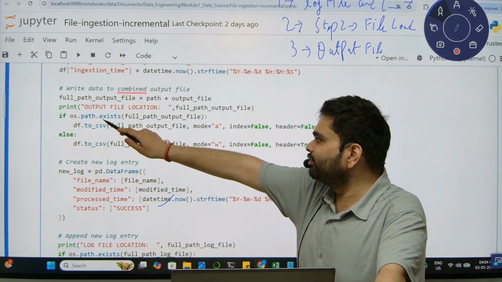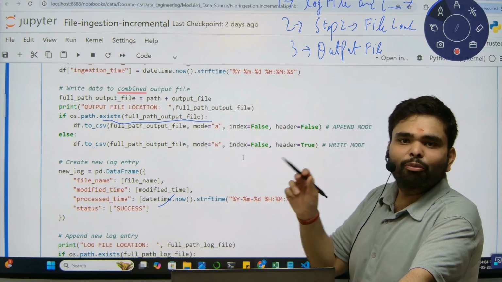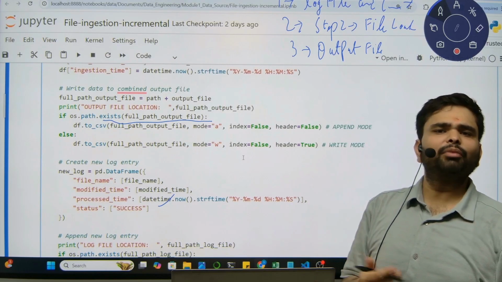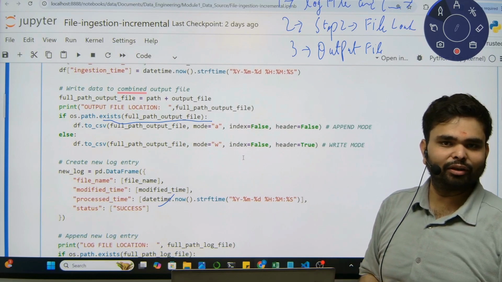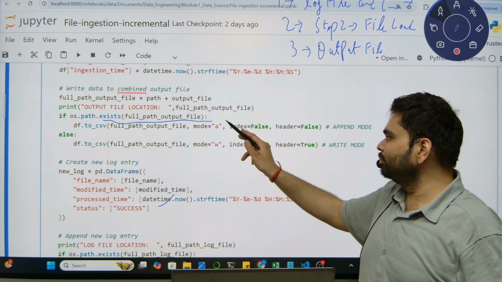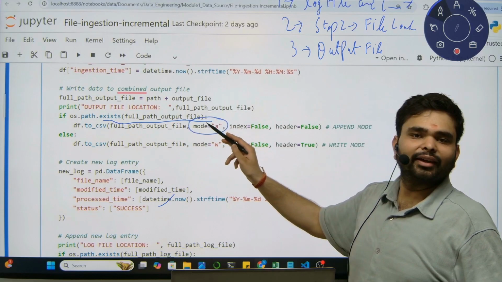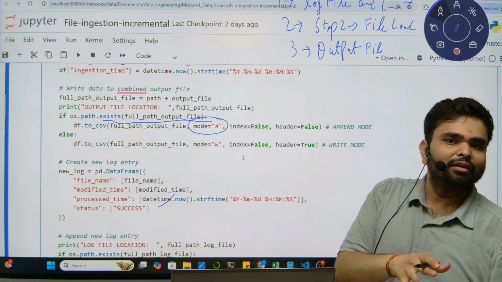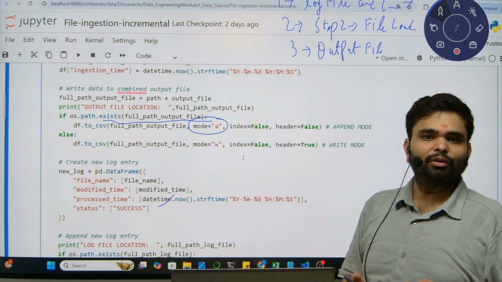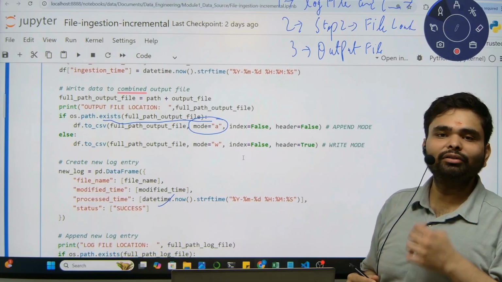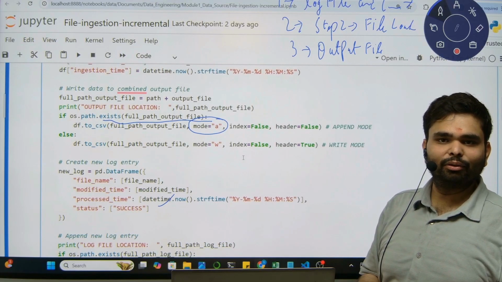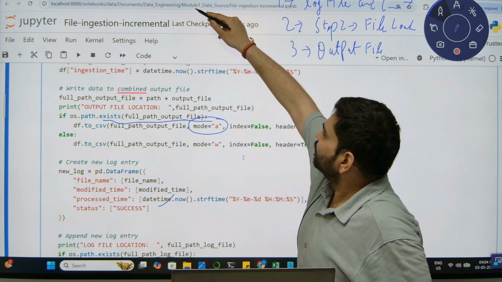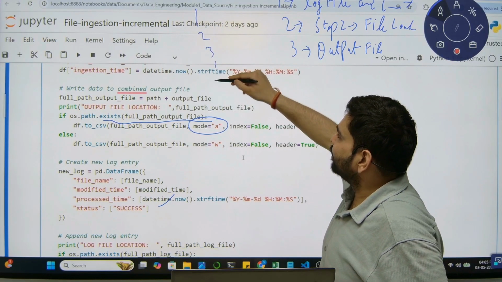Here, if this file exists, if output file is present, it means we have loaded the data a number of times. It is not the first time we are loading this file. So we will use the mode A. A means append. We will not completely write a new file. We will just append the rows below the previously available rows. For example, you have 10 rows.